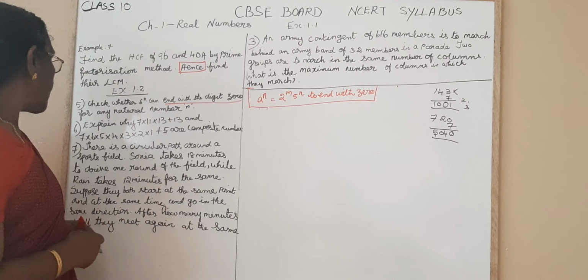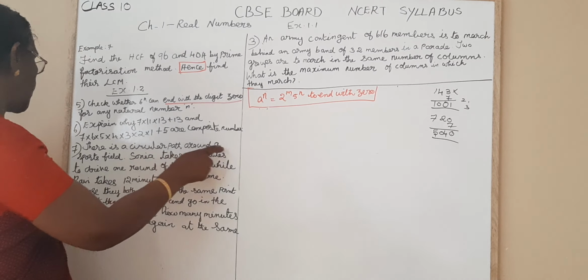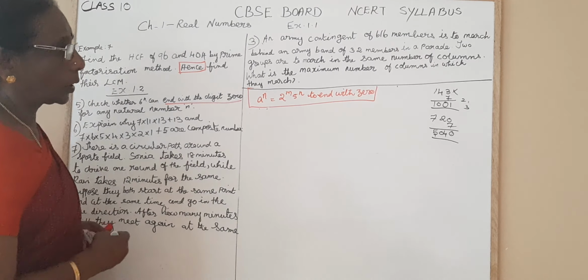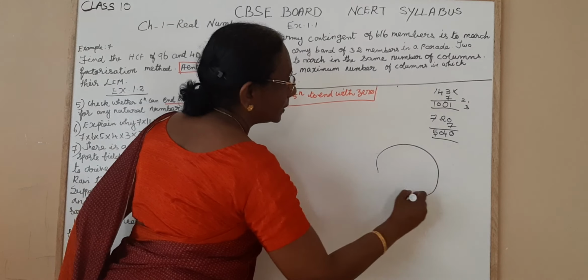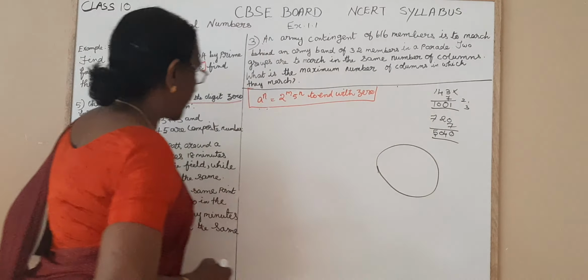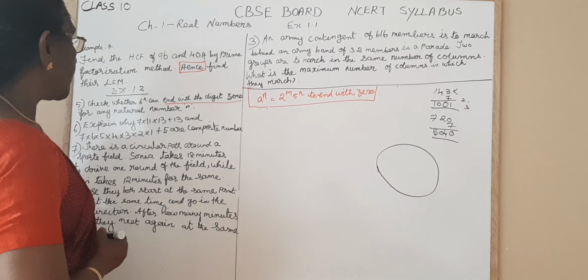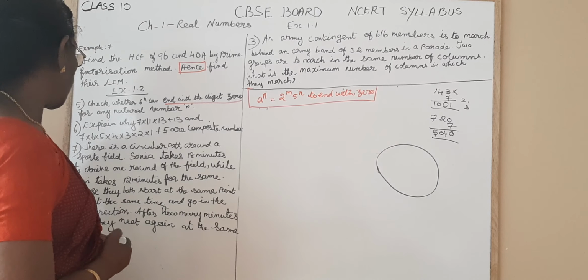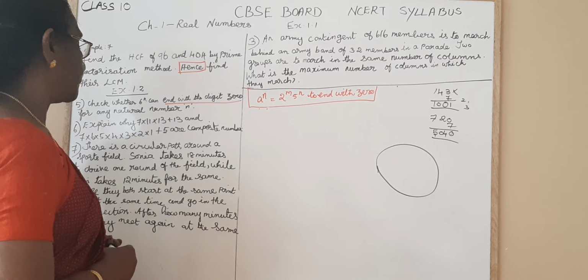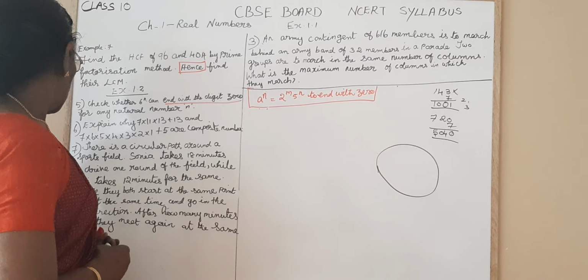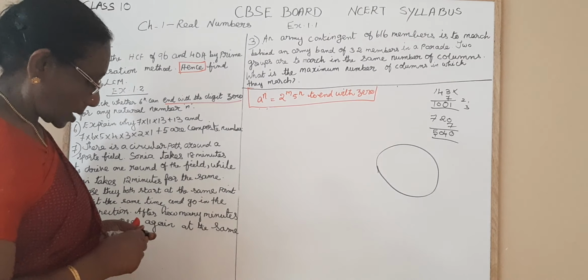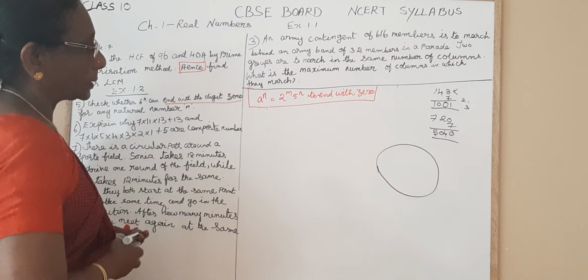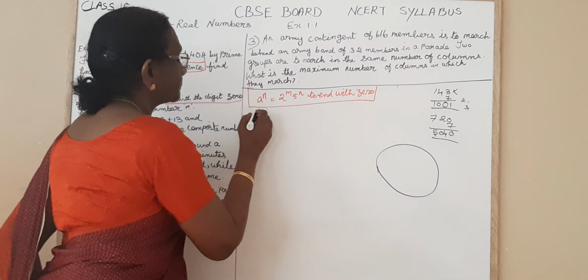Okay. There is a circular path around a sports field. So, you have a circular path around a sports field. Okay. And Sonia takes 18 minutes to drive one round of the field, while Ravi takes 12 minutes for the same. Okay, now there are 2 persons, Sonia